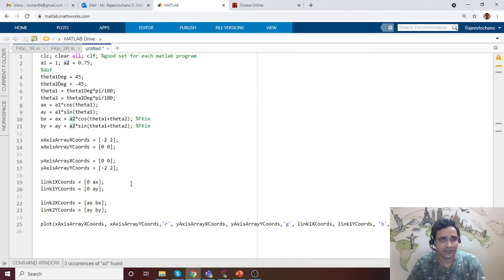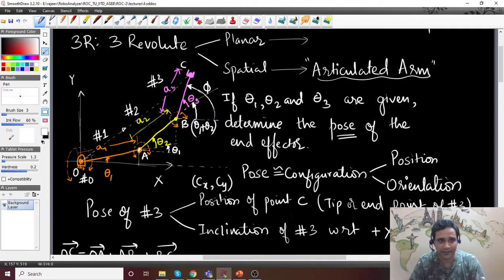In this 3R manipulator we'll have 3 links. A1 is the length of the first link. The formulation is shown here: A1, A2 and A3. Theta 1, theta 2, theta 3 are the 3 relative joint angles, and points O, A, B and C are mentioned here.